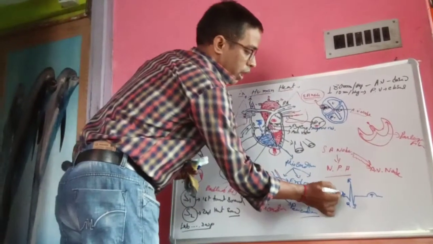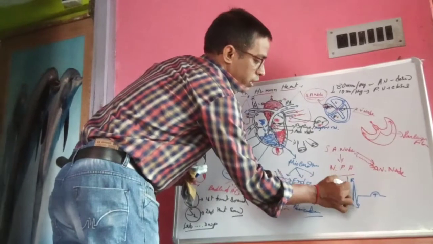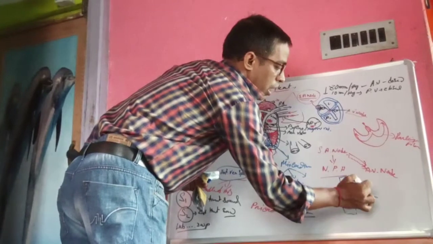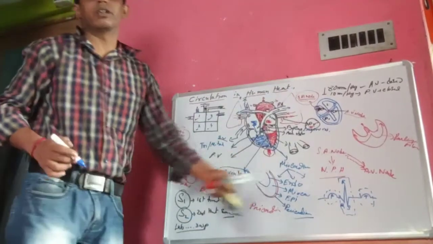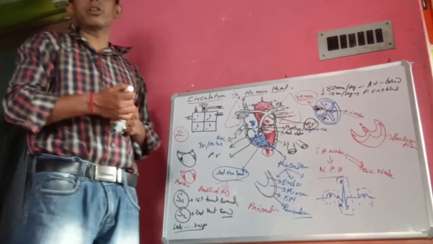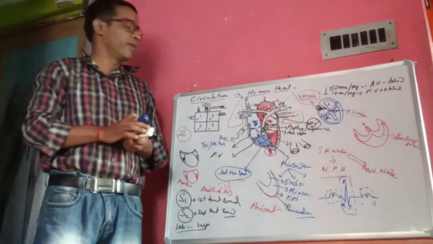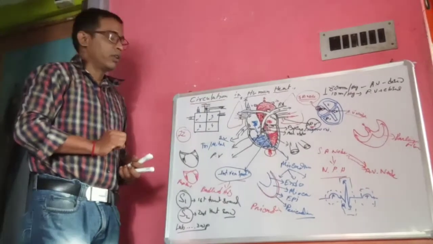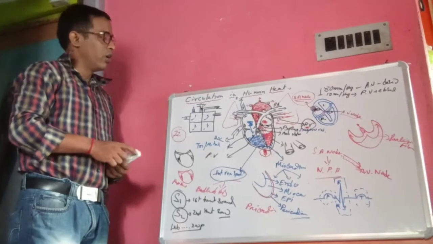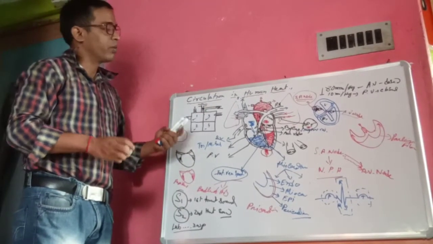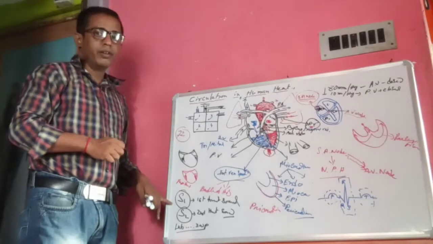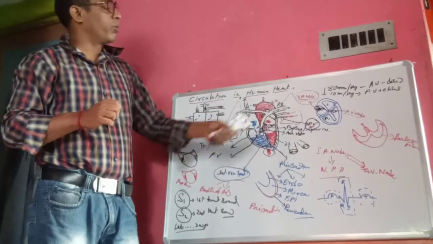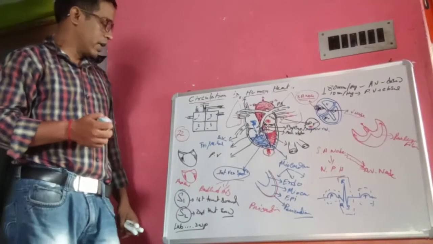Now, what is the P wave and how is it generated? What is the QRS complex? How is it generated? And what is the T wave? How is it generated? What are the segments of the ECG? I will discuss that in class when I discuss the ECG pattern. So for this time, I think this is helpful to you. This is the circulation of the heart and the different parts and activity of the heart responsible for the electrical impulse carried and heart sound.